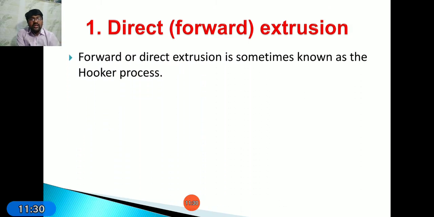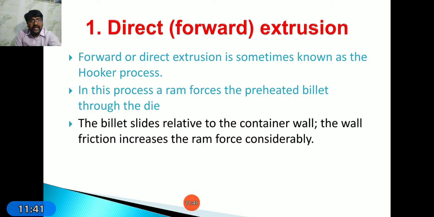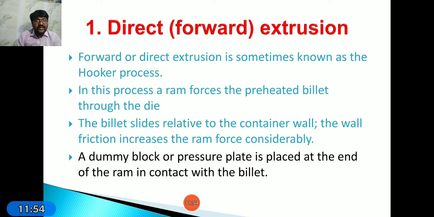A forward or direct extrusion is sometimes known as the Hooker process. In this process, a ram forces the preheated billet through the die. The billet slides relative to the container wall. The wall friction increases the ram force. Due to this, we have to supply lubrication. Next, a dummy block or pressure plate is placed at the end of the ram in contact with the billet